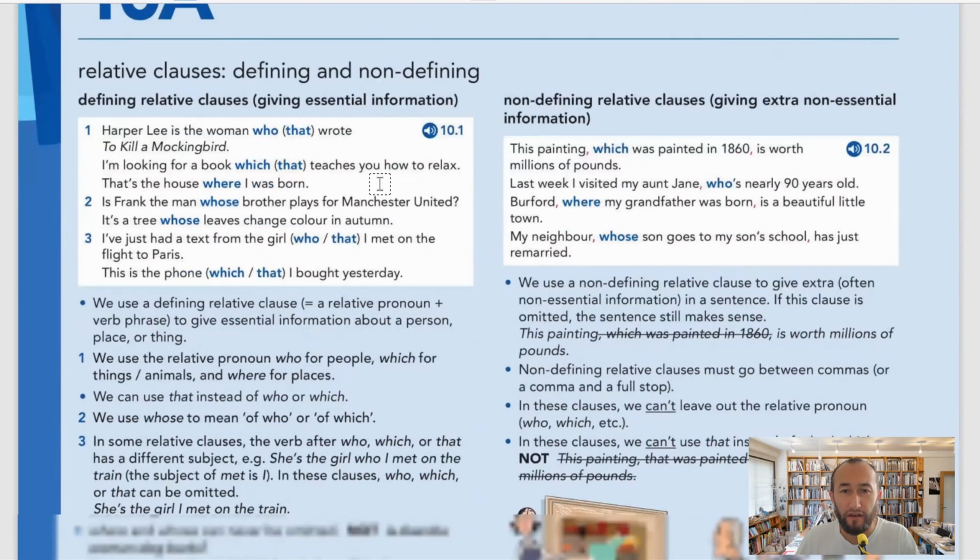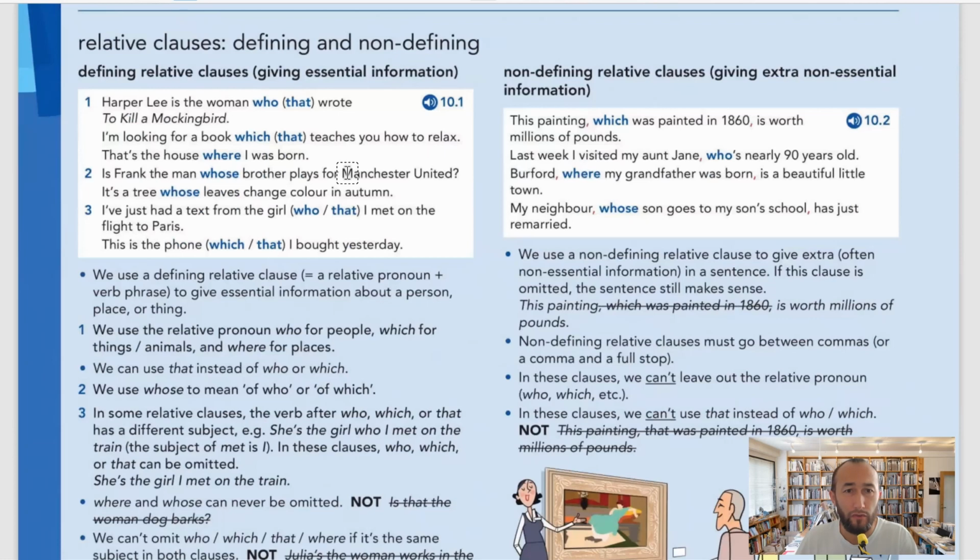Well, I have explained this enough in the sessions, like what is a defining clause and what is a non-defining clause, so I'm not going to go in depth, just a very brief explanation. Defining carries important information. Non-defining doesn't carry important information. So when you have a non-defining clause, you must have commas surrounding it. If it comes at the end of a sentence, you just put one comma before it. But if it's in the middle, you're going to surround it by two commas. That's going to be non-defining.